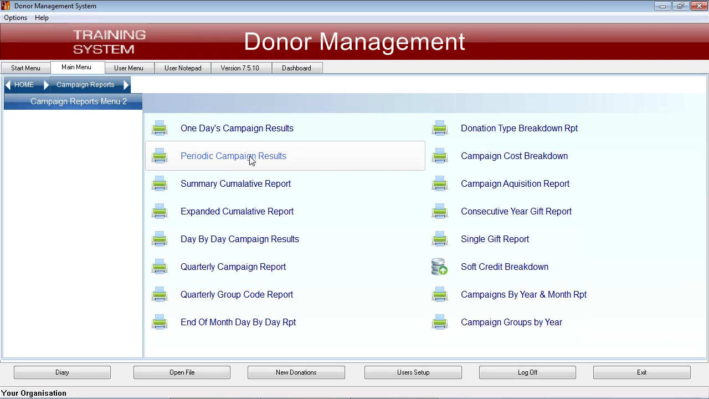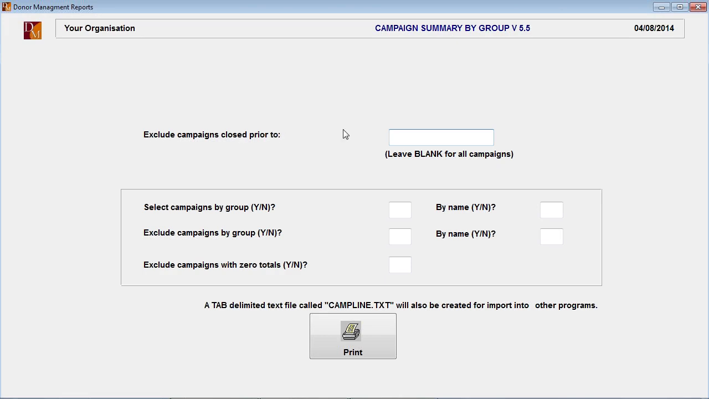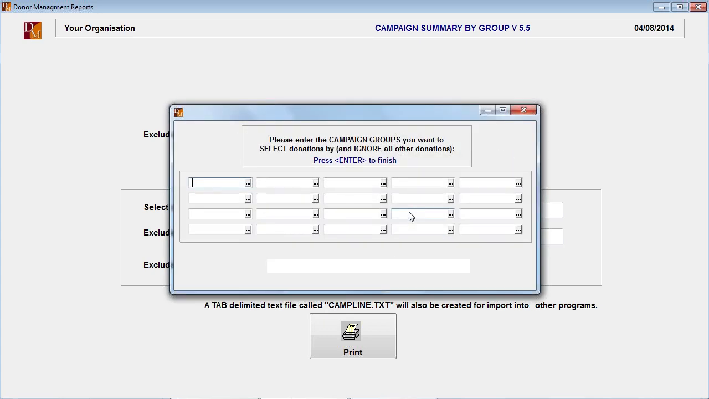Okay. So when I do this particular report, it will look at all the donation records themselves and will rebuild the totals. The next one down, the summary cumulative report, doesn't ask me a date range because it looks at the campaign from the date it was set up to current. So if I was just looking for current campaigns, I might say I want to exclude anything that was closed prior to the beginning of this year. Again, I've got the option to select campaigns by name or by group. And again, any of these I say yes to,